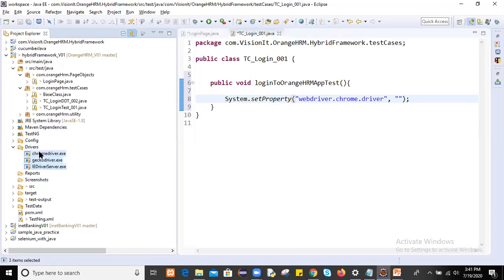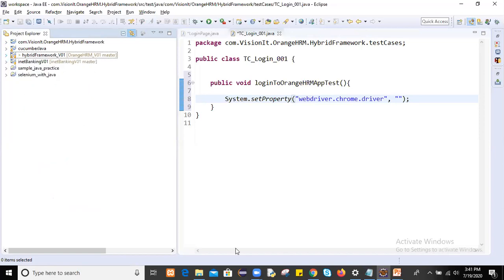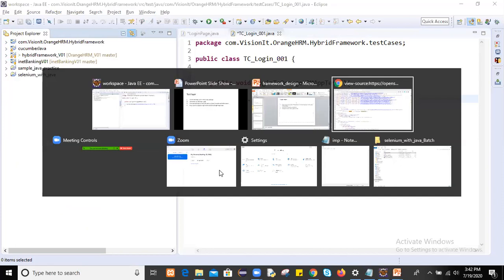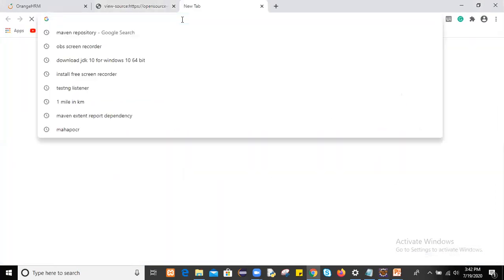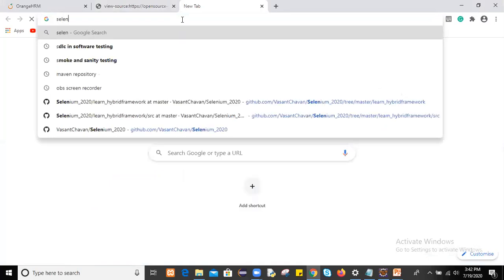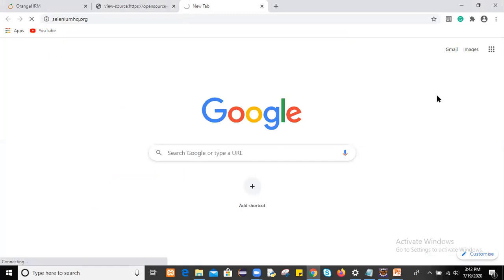I will explain from where exactly you should download these drivers. Very simple. If you want to download, you just go to the Google page and search seleniumhq.org, click on enter.